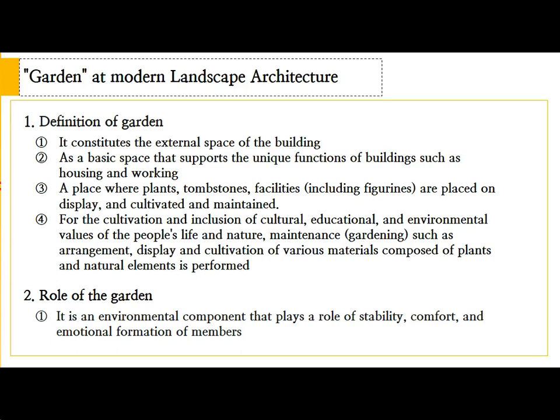First, garden constitutes the external space of a building. Second, it is a basic space that supports the unique functions of buildings, such as housing and working. Third, it is a place where plants, tombstones, and facilities are placed on display and cultivated and maintained. Last, in academic terms, garden is a space where maintenance such as arrangement, display, and cultivation of various materials composed